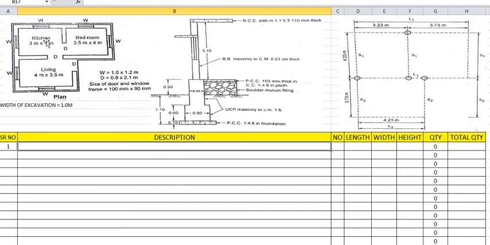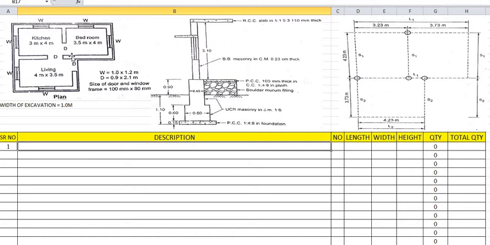After calculations of center to center distance of each and every wall along X and Y directions, we have to pass the center line along each wall along X and Y directions. After passing, we have to calculate the inner to inner dimensions, that is the center to center dimensions. After calculation of center to center dimension, depending upon the width of wall, this width of wall will always be mentioned in the section drawing.